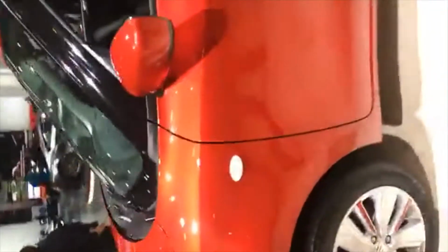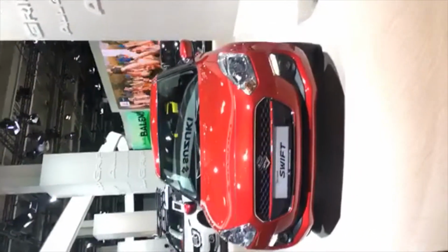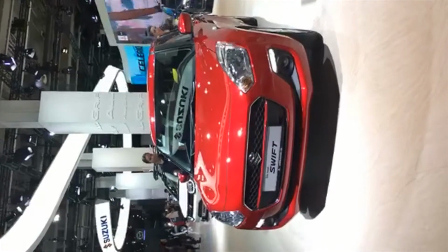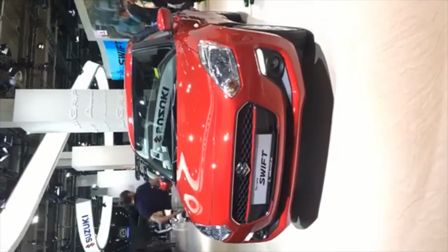Well, you put the word Suzuki Swift and the number of people who log in is just simply phenomenal. That is the excitement level for this car right now in the Indian market. The desire is already there, so we've already seen the design of the Swift that will come to the Indian market,